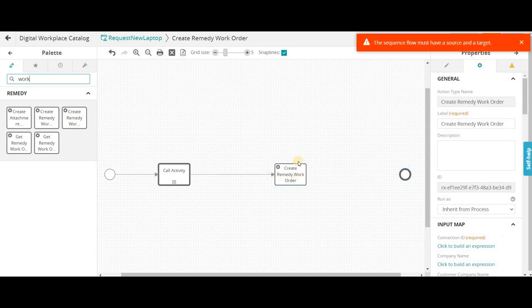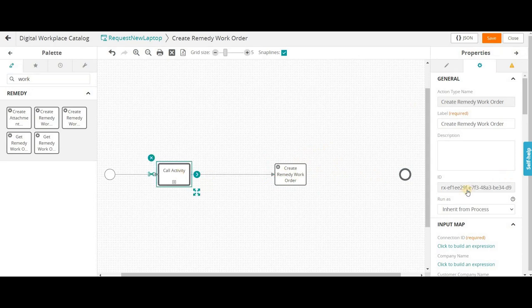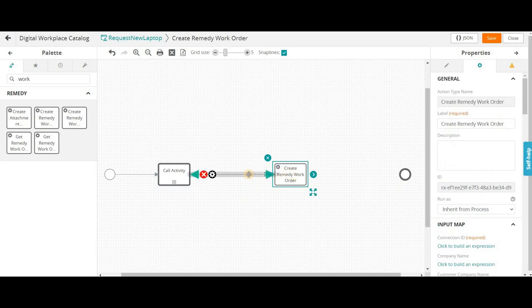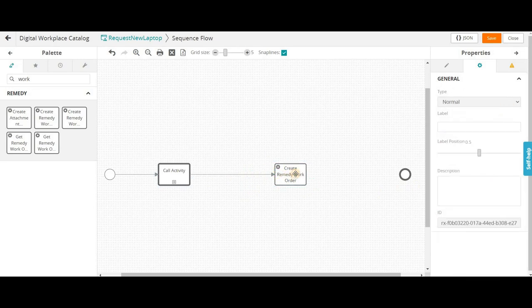But this will work only if you are using the out-of-the-box process and not defining any custom approval process. In case I define a custom approval process, then what I need to do is, before I go and create this work order,